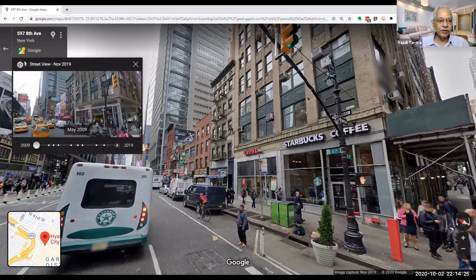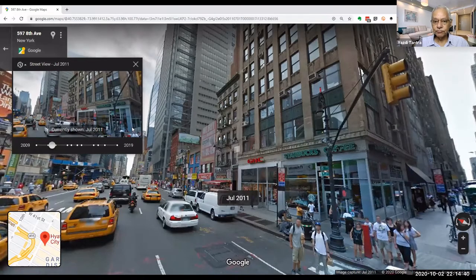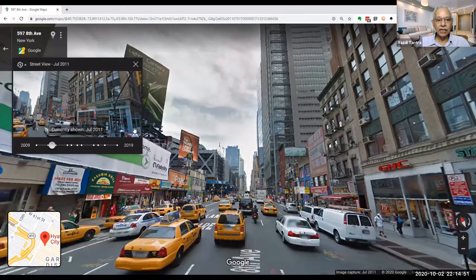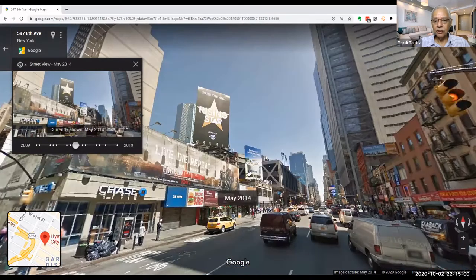Now you see the street view, you have a timeline from 2009 to 2019, how this was looking. So if I go to say July 2011 and I maximize it, this is the street view. Okay, here the shops are slightly different. If you notice, the shops are slightly different in 2011. Now if I go to May 2014 and say expand, can you see the changes in the shops that is happening on the same street? This is the same street. Probably that Starbucks guy is still there, or he's also changed. Oh, that is also changed.